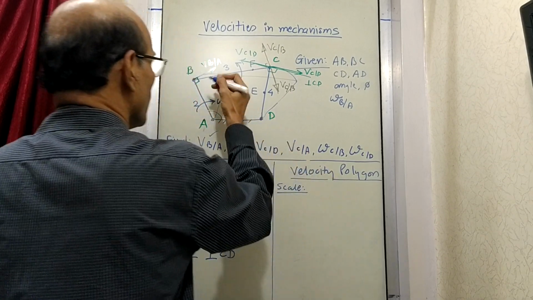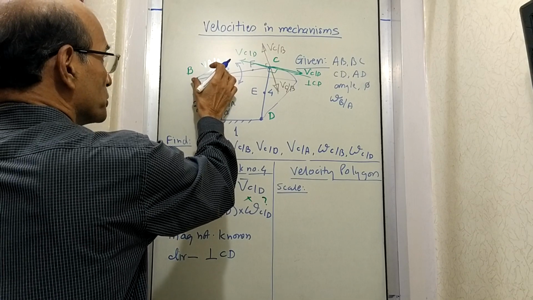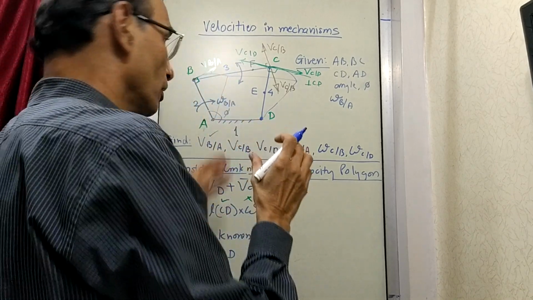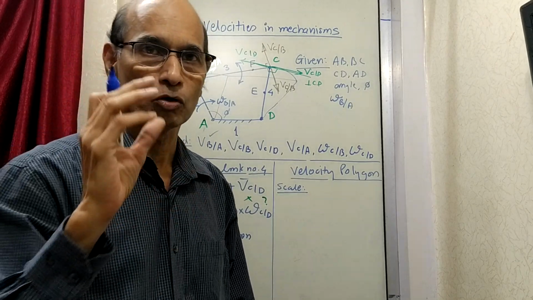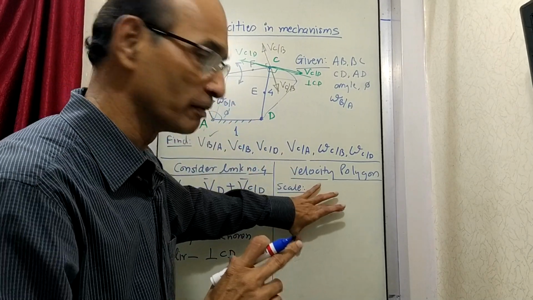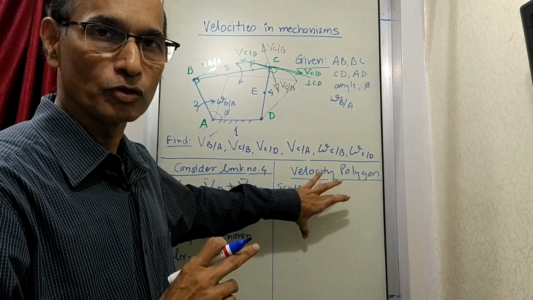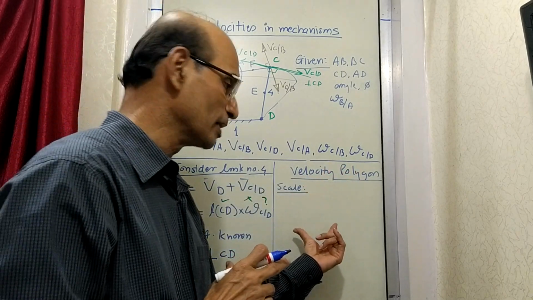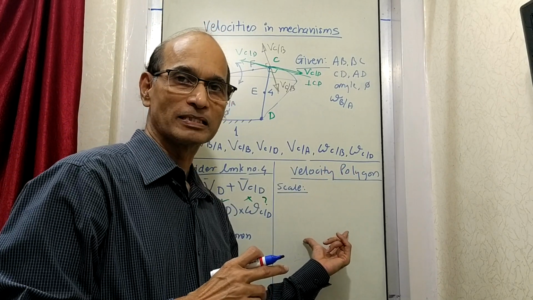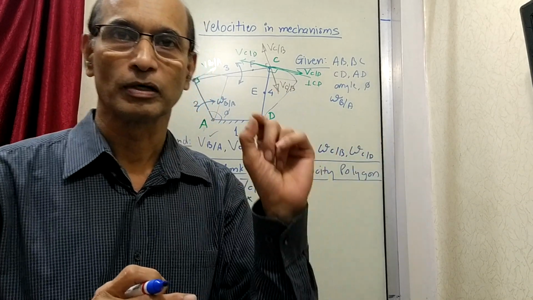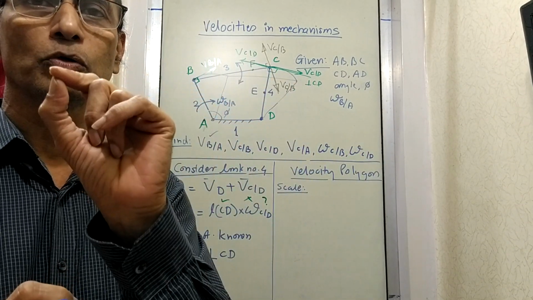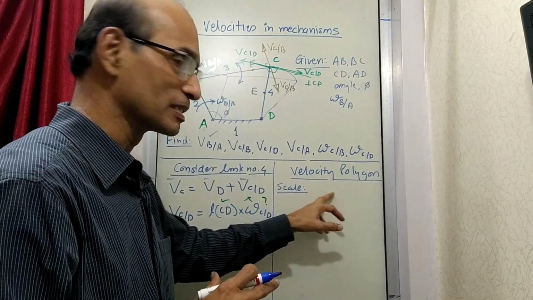So the scale depends on the magnitude you have assumed. Suppose you have the velocity of B relative to A as 1000 millimeters per second. For 1000 millimeters per second you have to choose a certain line. Suppose you wish to draw a 5 centimeter line; then that 50 mm line is going to represent 1000. So according to that, you can write that 1 centimeter is equal to so and so. That is my scale, so write the scale here.